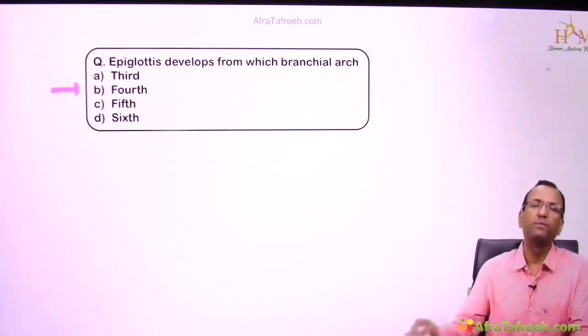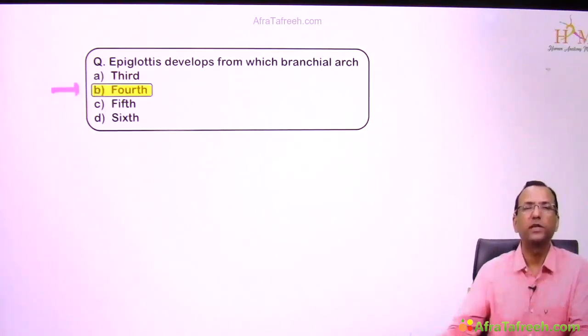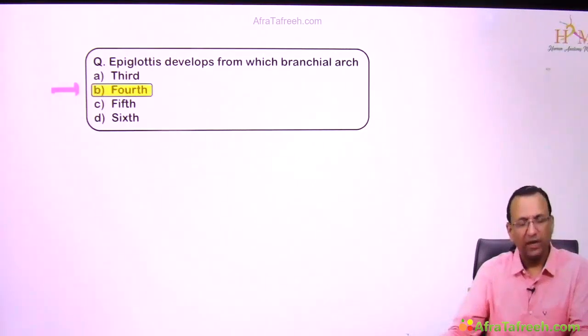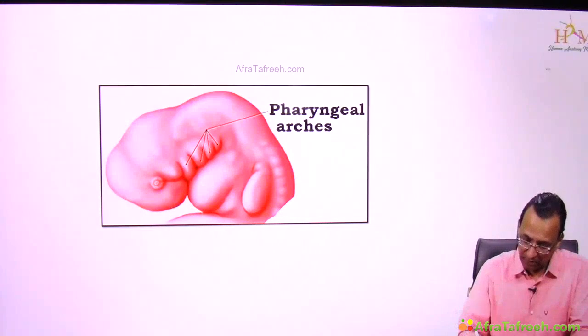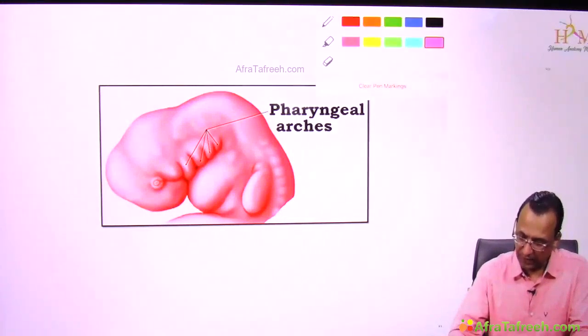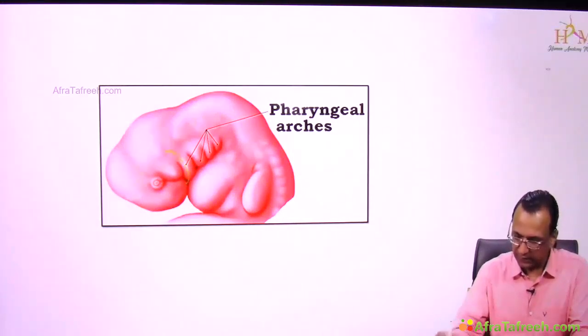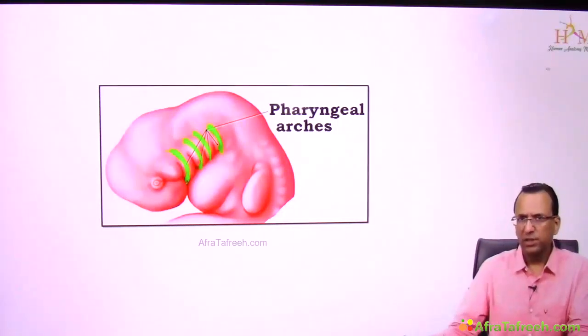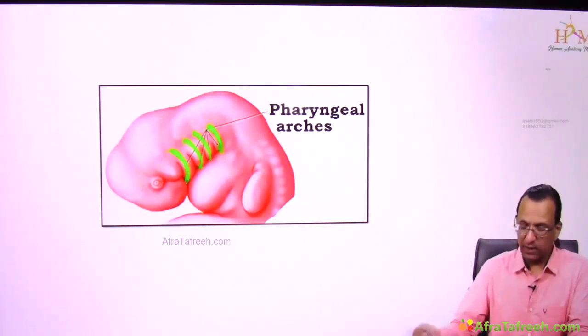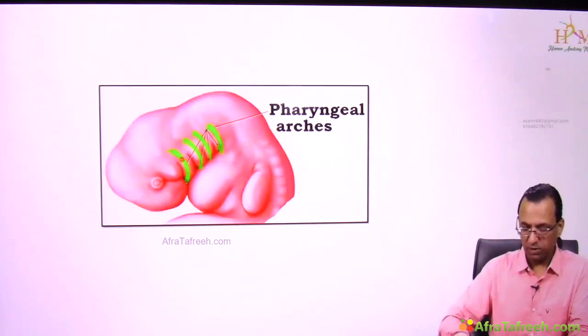Then what about the other parts of the larynx cartilage, where are they developing from? Let us look at the details. In fact, you have to understand that there are 6 pharyngeal arches. And if you say there are 6 pharyngeal arches, then they will be U-shaped as we are discussing, and we'll take a section also. Let us look at them from the front view as well. Here they are just developing, so you cannot see all the 6 of them, but there will be a total of 6,